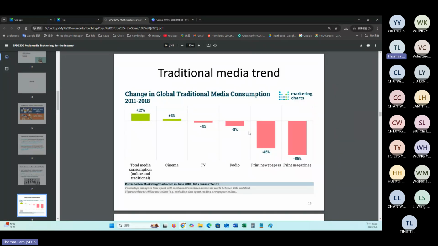But the printed matter is now replaced by the online digital media, because most newspapers or magazines have a digital version online, which means that you can watch the same content from the internet directly, just like the newspaper website South China Morning Post. You don't need to buy the printed copy of South China Morning Post, but you can watch the news directly.